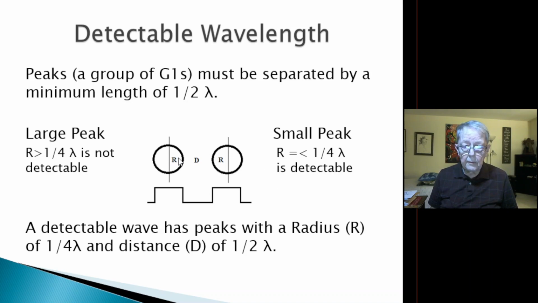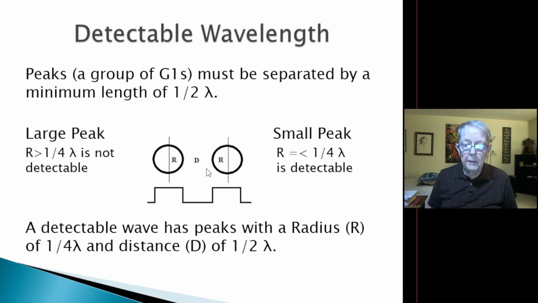So these two peaks would actually generate some sort of square wave, if that hit a detector and you measured it, put it on an oscilloscope. You make these very small, and you're going to have a small pulse here and a smaller pulse here. But a detectable wave has peaks of a radius r of 1/4 of a length and a distance d of 1/2, and that's the